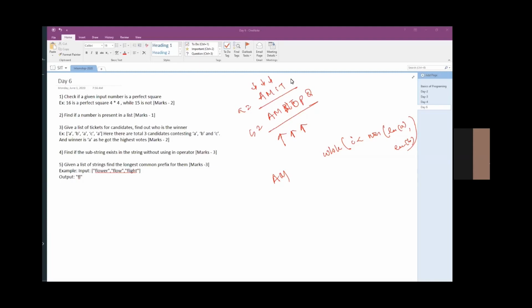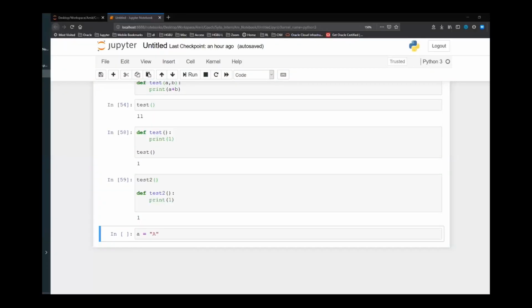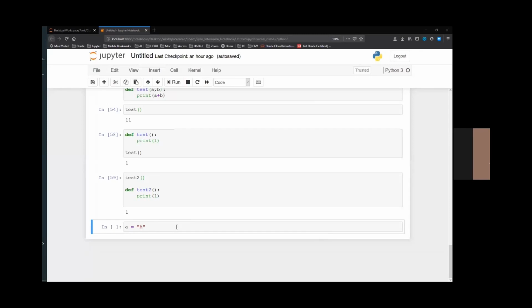Just ensure that your first input is always smaller than your second input. That is one way. Second way is, you guys are able to see my screen? Yes. Okay. So this is what I was discussing. One is you can always ensure by prompt saying to input the smaller string, or whatever the value is. So A is some bigger string, AMNOPQ, and B is AMIT, let's say. Okay. All I need to ensure is what?